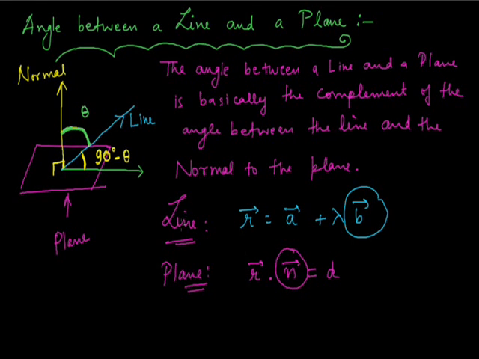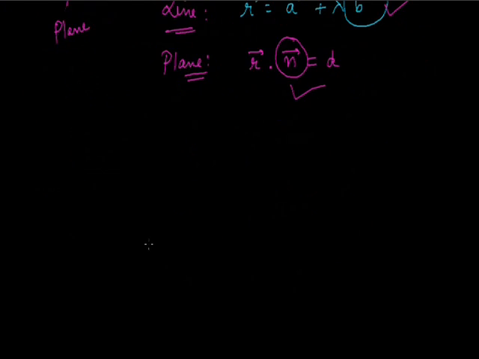So when we are given the equation of line and the plane, we are already given a vector in the direction of the line, and a vector which is normal to the plane. So we have the normal vector and the vector in direction of line. We can easily calculate the angle between them, and after taking the complement, we can calculate this particular angle. So this is how we are going to do this problem.